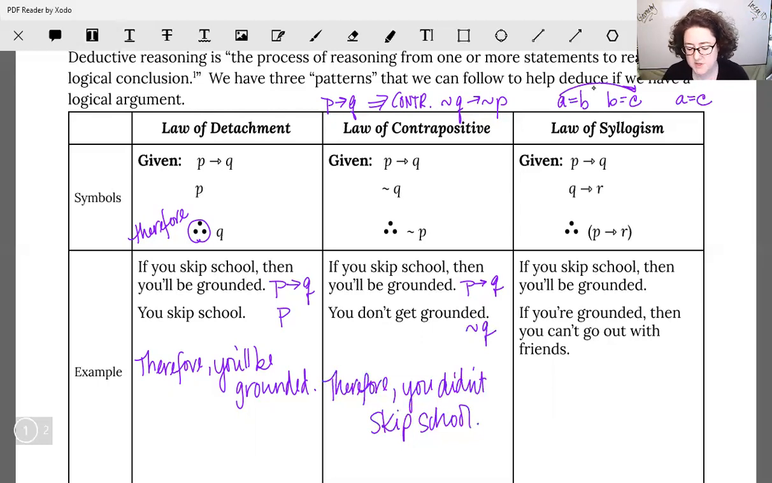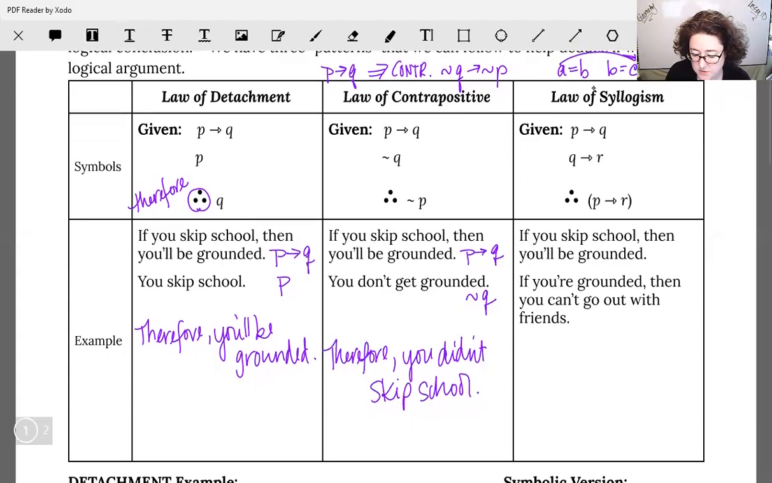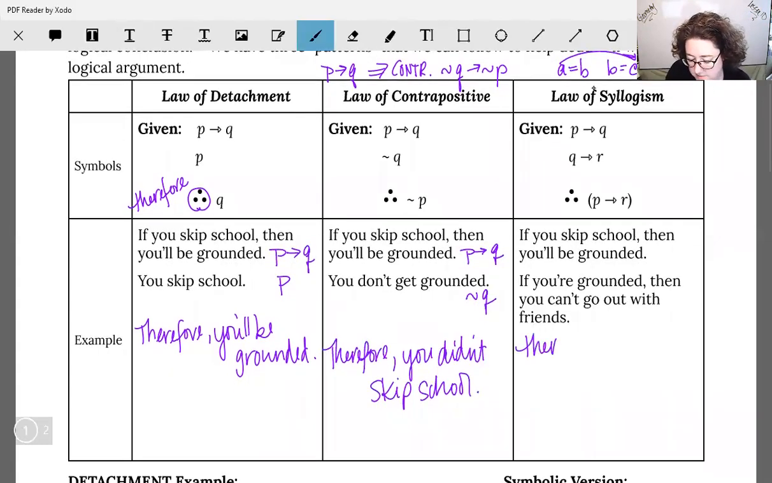So if you skip school, then you'll be grounded. If you're grounded, then you can't go out with your friends. So therefore,